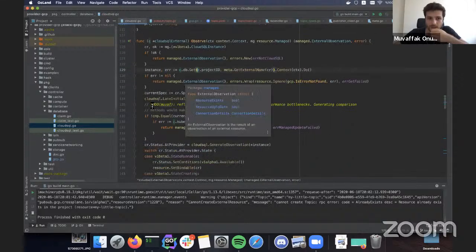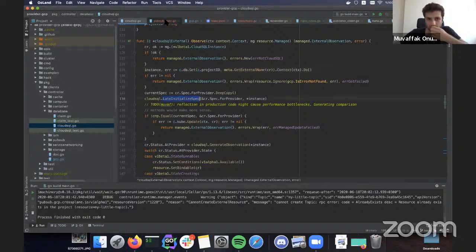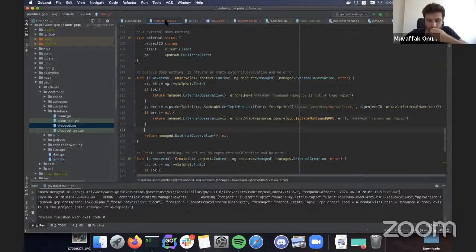So what we are going to do next is a late initialization process, which is a standard in the Kubernetes API. For example, let's say you didn't give any KMS key name parameter, but GCP decided, hey, you're going to use the default one. So when you get the resource, you get that information: the KMS key name for this topic is default, let's say, but it doesn't exist in parameters. So what we do is basically late initialize, which means initializing with whatever was decided by the provider after the fact that we created it.